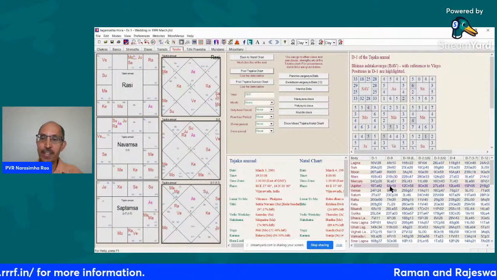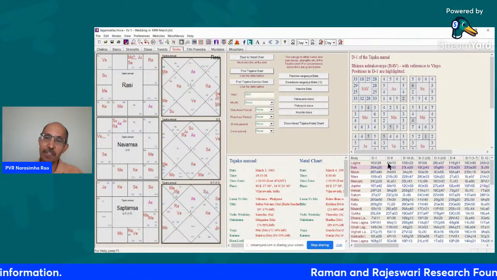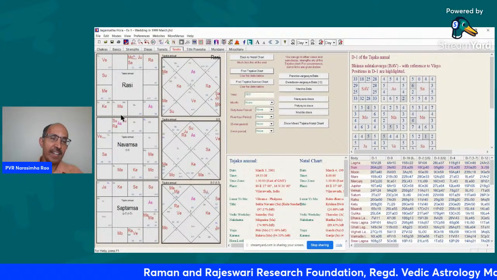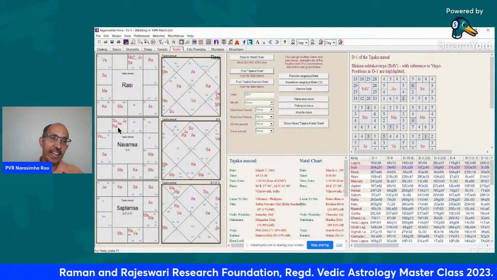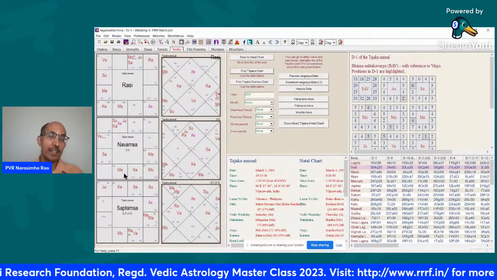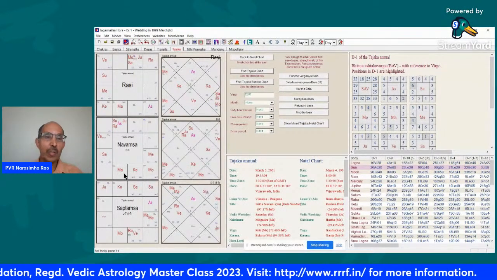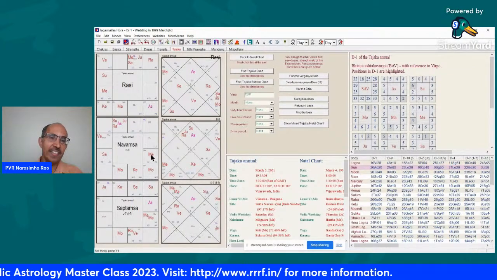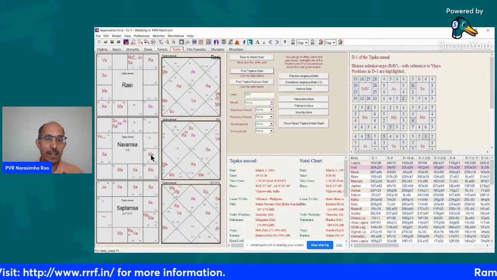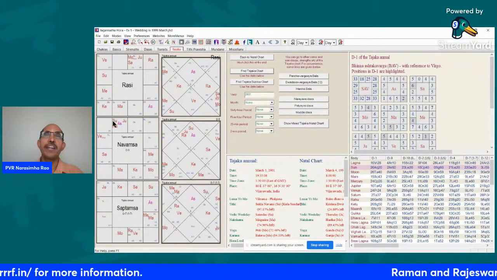On the other hand, Jupiter is at 6 degree, Sun is at 2 degree. So they're very close with the Lagna. So fifth Lord and ninth Lord in Lagna, fifth Lord exalted, and the Lagna Lord in the ninth house in own sign. So that's a pretty good combination. Also, you have the third Lord in the fifth house. So there are some other indications. But basically, there is enough strength here.